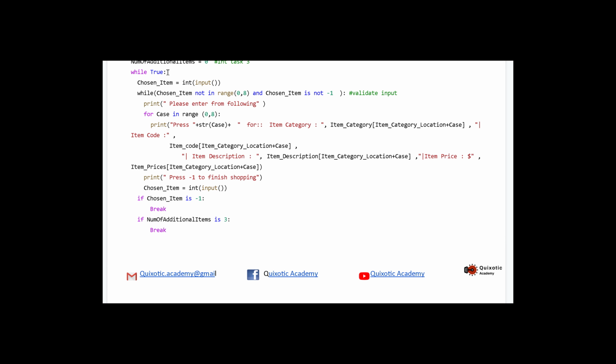So in the same loop, we have to use a break statement. In this while loop, which is going to run forever, we are going to set an if condition which will check if number of additional items is 3, then break. So this question was pretty simple.